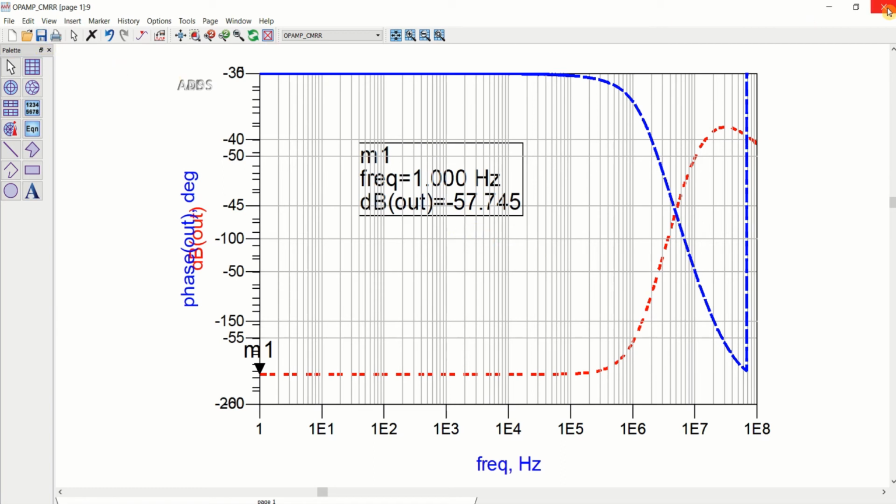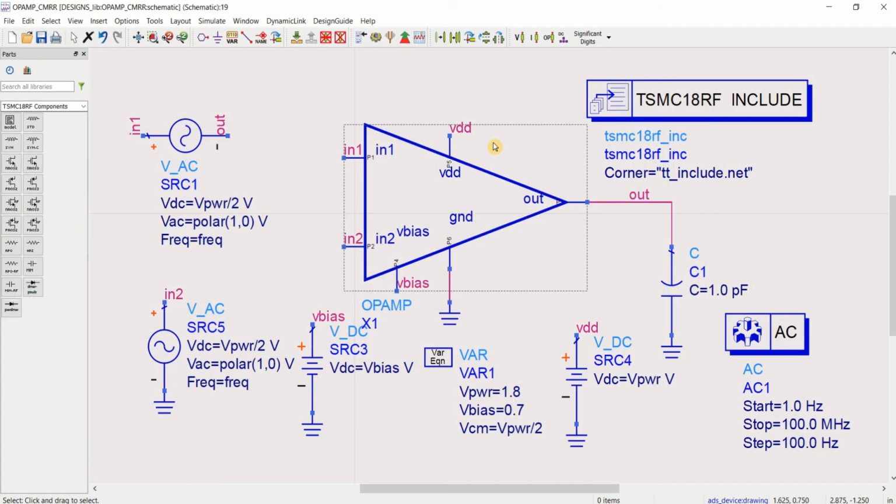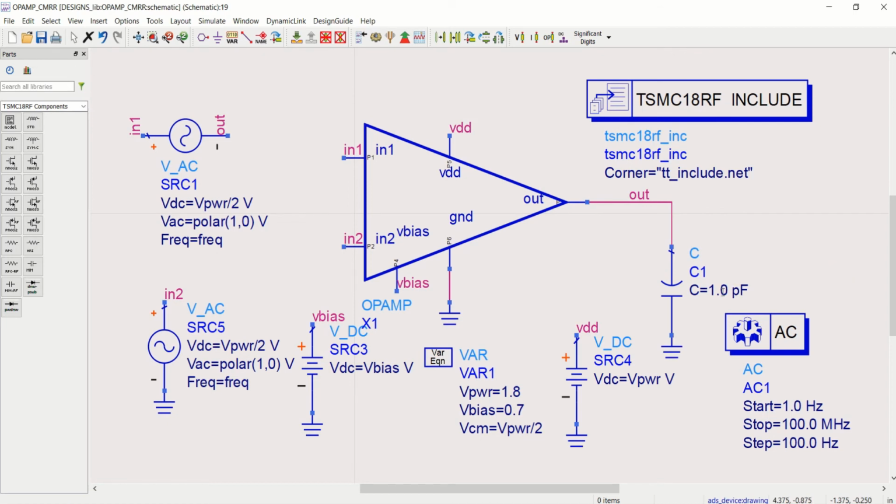Similarly, I want to know the PSRR, power supply rejection ratio of this op amp. I'll try to copy the same file. Actually, you can go for 200 picofarad instead of 1 picofarad for better responses.